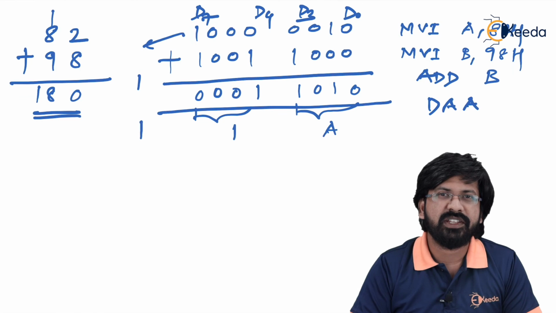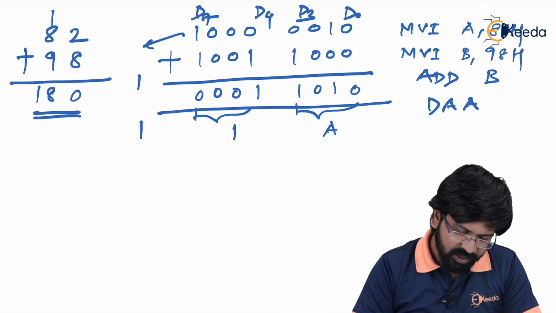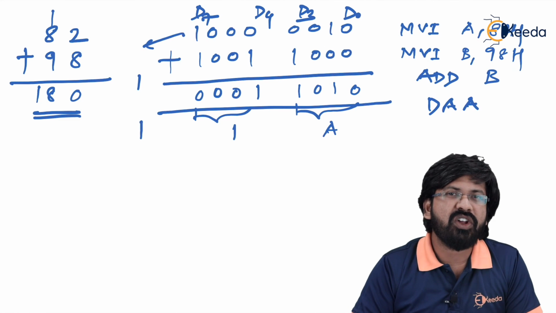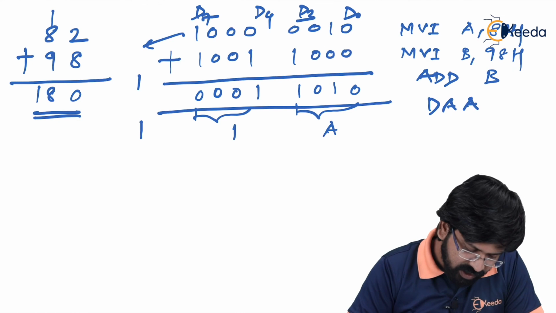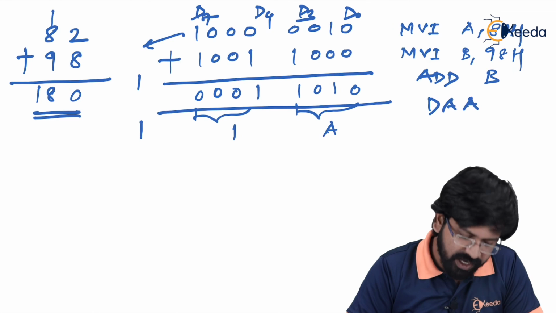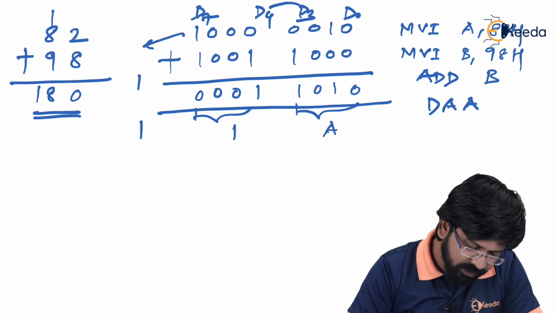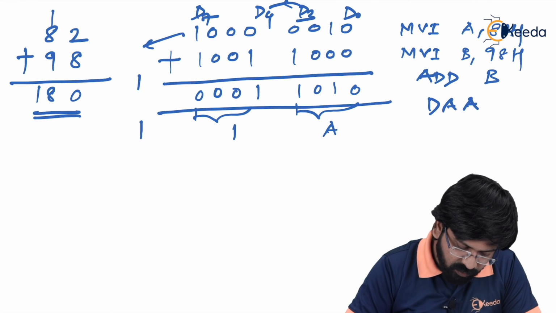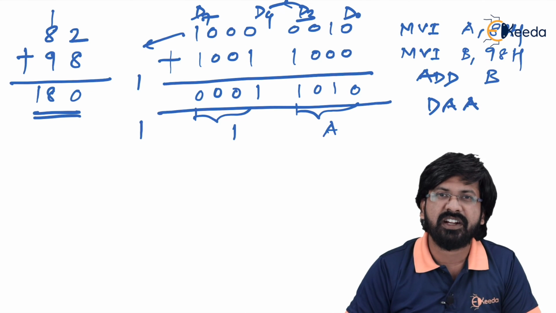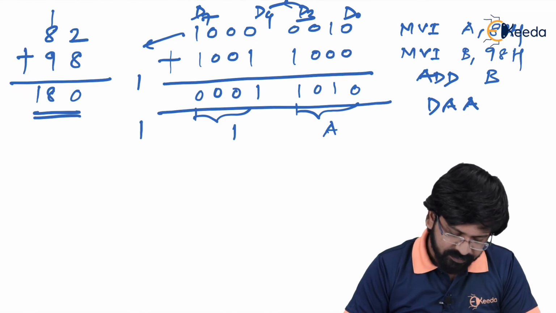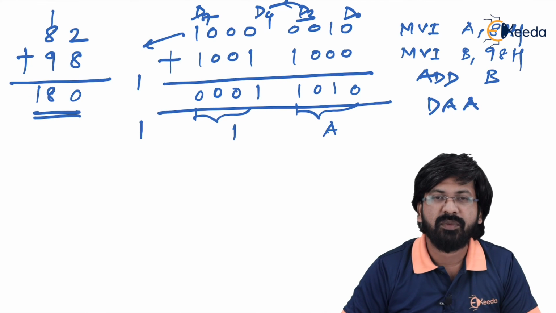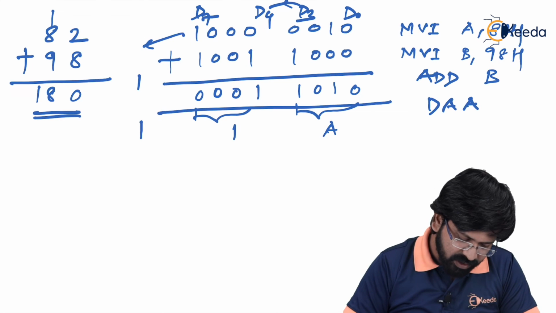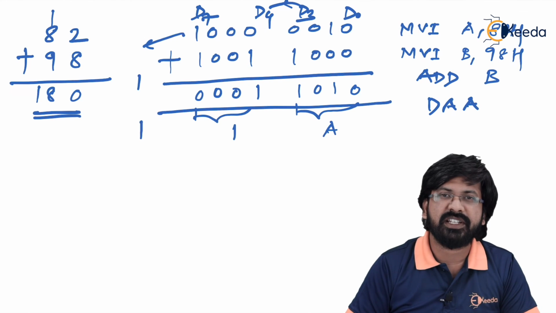I'm sure you must know the algorithm that we have studied just now. After addition it checks whether D0 to D3 is greater than 9 or if auxiliary carry flag equals 1. As you can see, the auxiliary carry flag is the flag which is generated from the D3 bit to the D4 bit. This time there is no carry from D3 bit to D4 bit, but at least what you can see is D0 to D3 is again greater than 9. It clearly means this is invalid BCD, and if I want to correct it, I need to add 6 with D0 to D3. At the same time, for D4 to D7 you can check whether it is greater than 9.